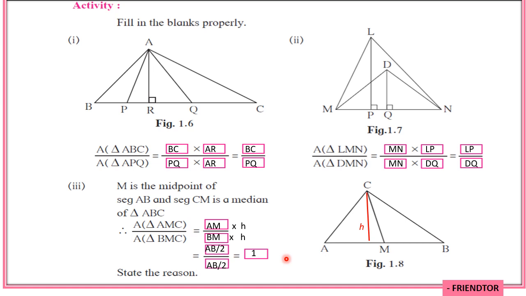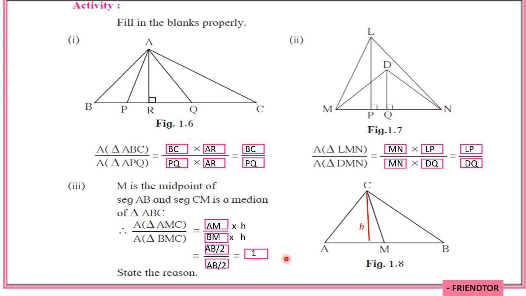Alright, so now I'm done with this video. In the next video I'll be discussing some solved examples, and that will give you a better idea of all those properties that we just learned. Then we will proceed to the first exercise also, which is very simple, just based on these 4 properties that we learned today regarding the ratio of areas of two triangles.